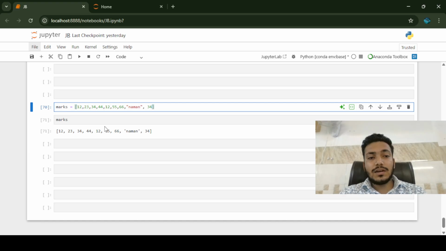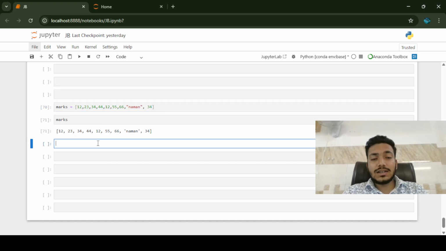Now we need to discuss some functions to update values of our lists, functions to delete or remove elements, and functions to add some more elements in a list. Suppose here I need to add two more elements in this list. How will this be performed? This is very simple. We have a predefined method called append. Then we will execute this,